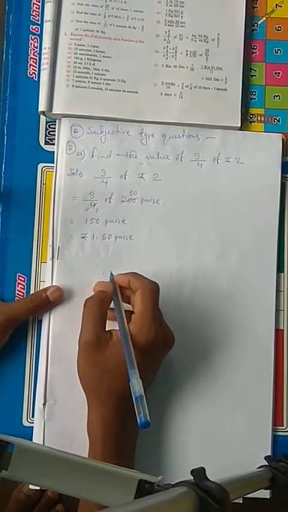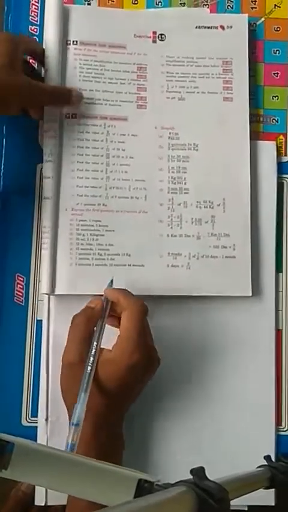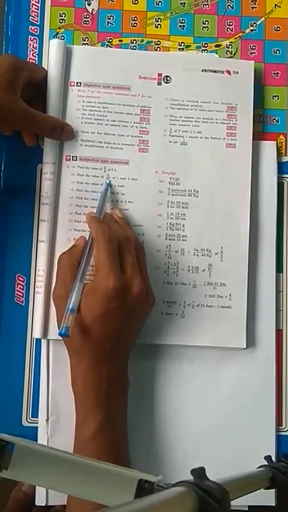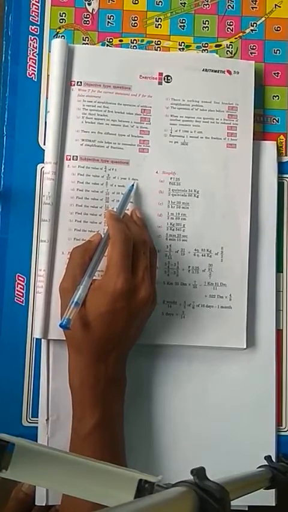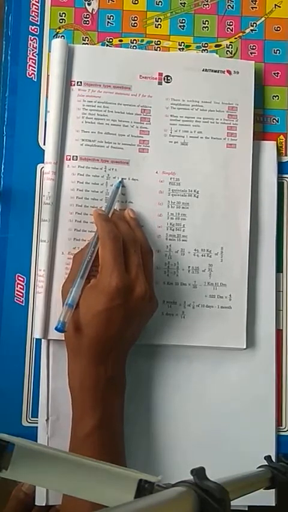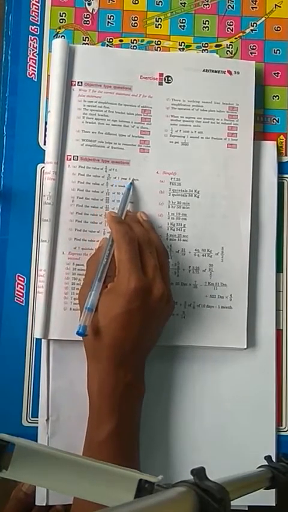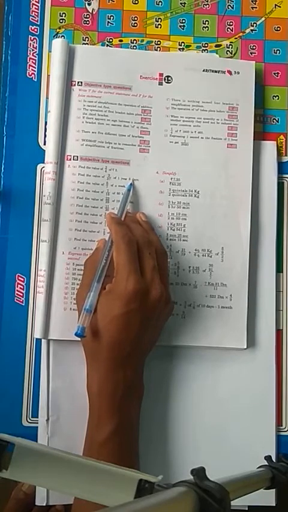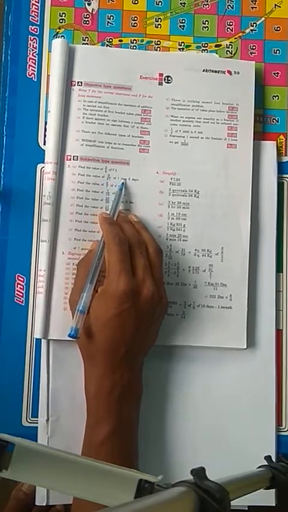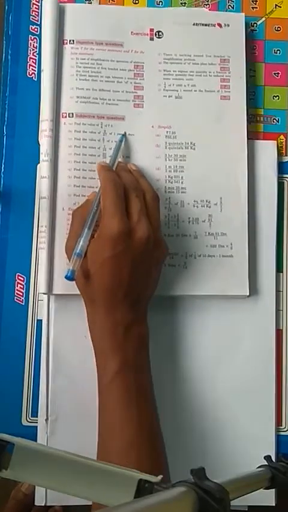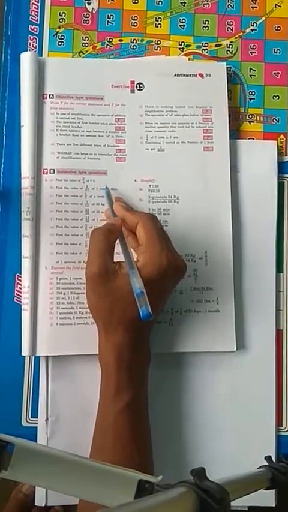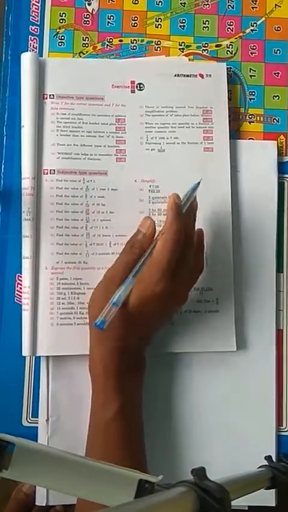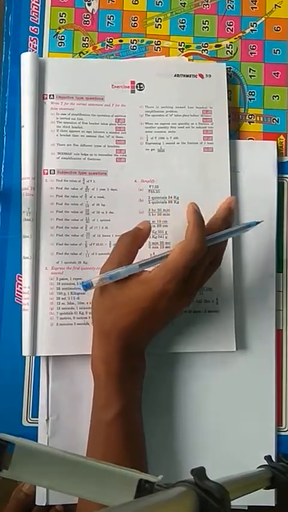Now number 2. Number 2 is find the value of 9/37 of 1 year and 5 days. 1 year and 5 days means, in 1 year how many days are there? There are 365 days. So 365 days and 5 days, then 370 days, is not it? So 9 by 37 of 370 days. So 370 days, then 37 ones are 37, 37 tens are 370. So 10 nines are 90 days is your answer. Understood?